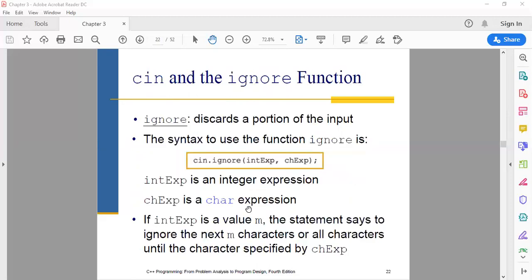Yeah. The next function is the ignore function. It discards a portion of the input. If there is a big string and you want a specific part to be discarded, the syntax of ignore is as follows. This is the integer expression and this is the character expression. If the int value is m, the statement says to ignore the next m characters, or all characters until